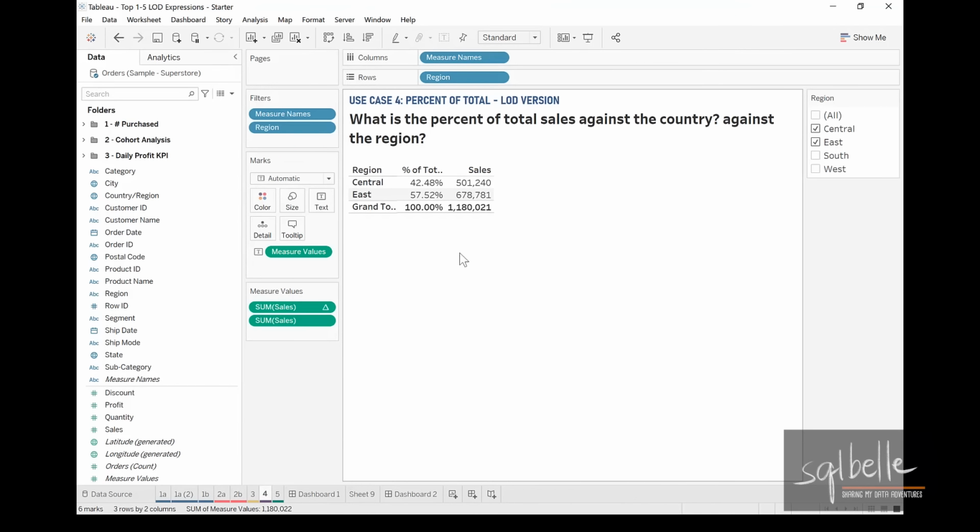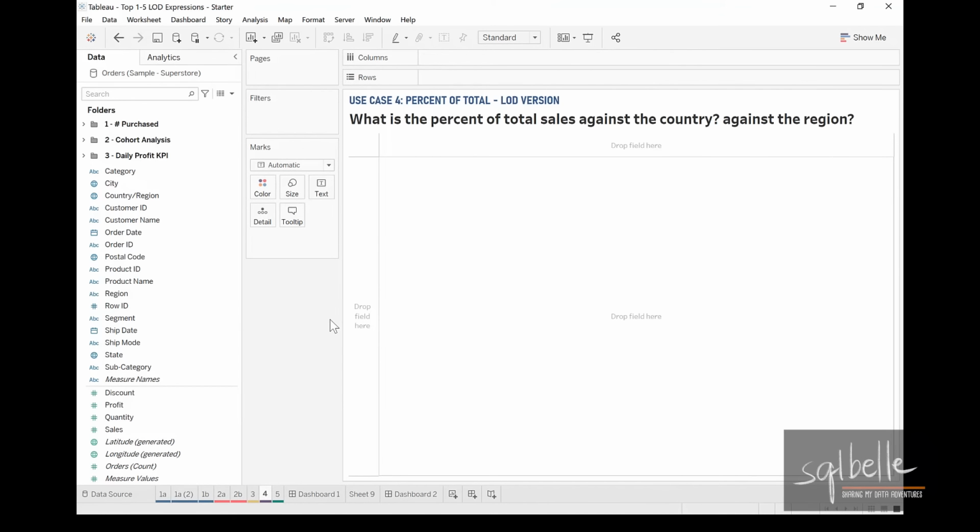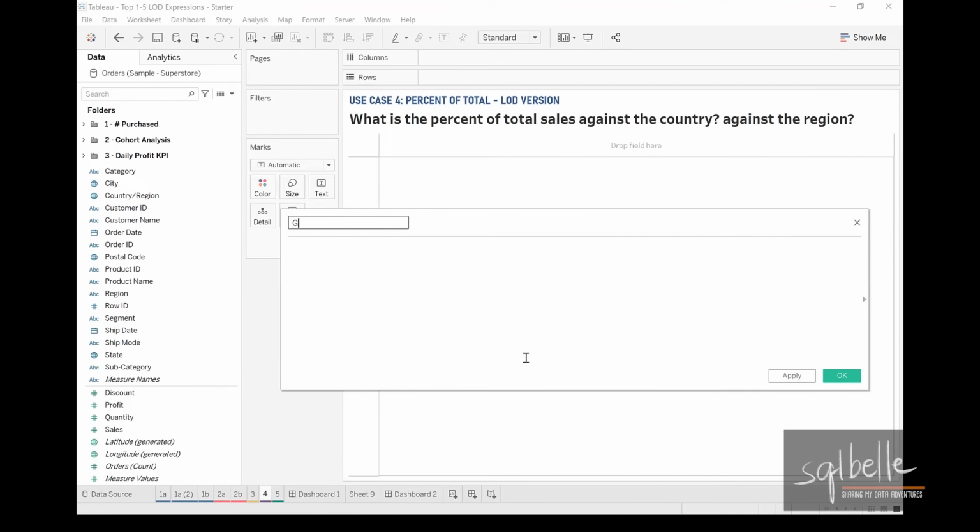So let's clear this worksheet, and let us start by creating two fixed level of detail expressions, a grand total and a subtotal by region. So on the drop down, create calculated field. Let's call this grand total, and this is fixed. So curly brace, we have fixed. We don't have any dimensions for the grand total, so we simply have a colon, and our aggregation is sum